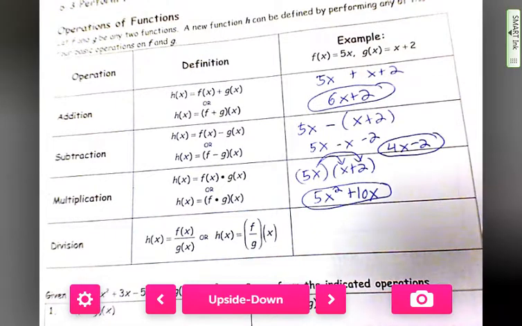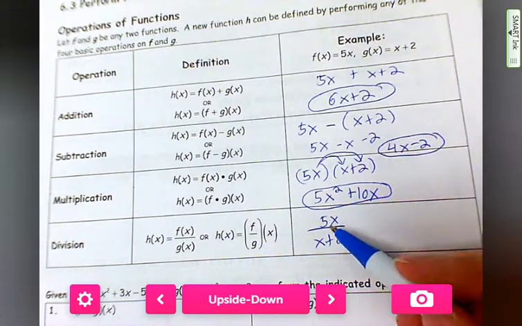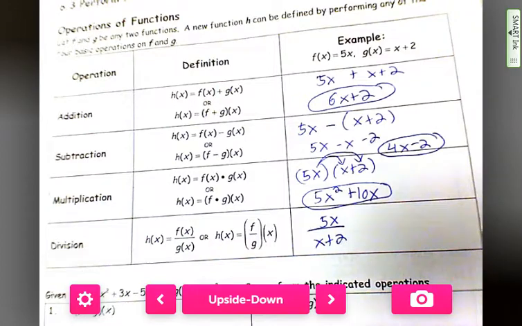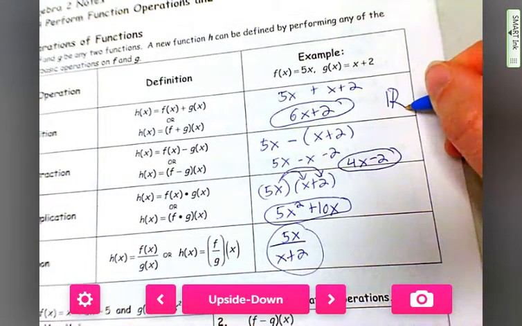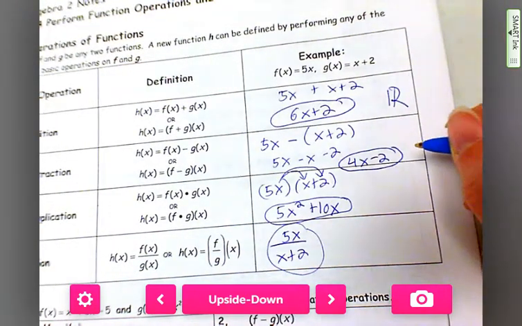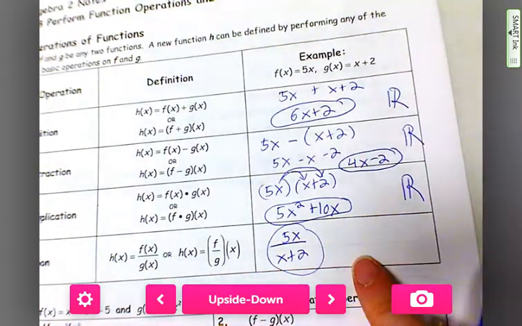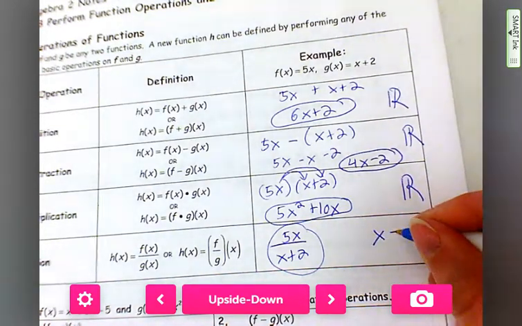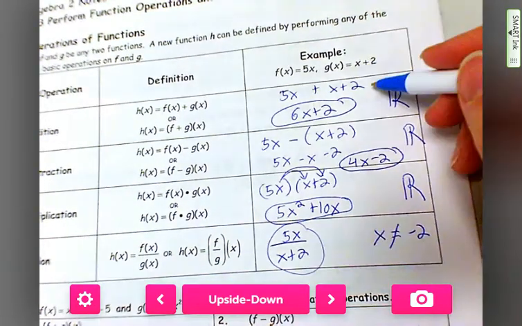And then we're looking at division, 5x over x plus 2. I can't simplify, I can't take away this x because there's not an x in the 2 as well. So I just have to leave it just like that. And if we're looking at the domains of each of these, it's all real numbers for these. Remember that fancy R means all real, so I don't have to write it out each time. It means any number I could plug in for x, except for the division one, because I cannot have anything divided by 0, so x cannot equal negative 2 for that division part. These are all the domains,